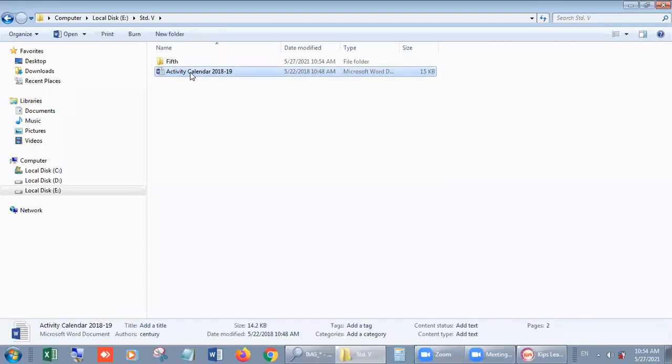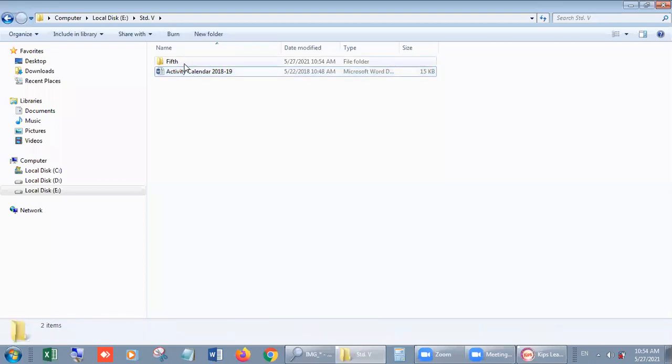Look students, now this file is here. Before it was inside the fifth folder. When I double click on it to open it, you can see there is nothing now. Means we move this file by cut. If you choose cut option, then it means we want to move the file. We move to shift the file from this folder to another folder.